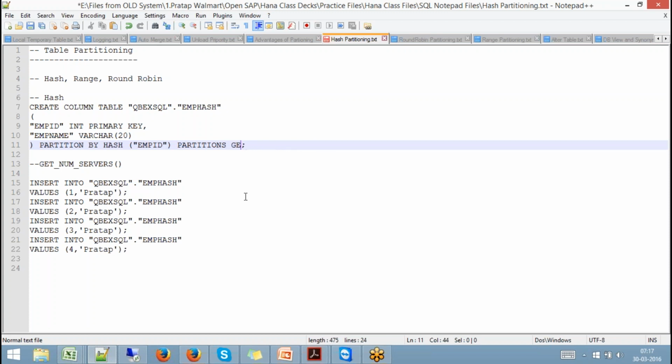But if I use this now, my server is a single host installation, right? So it will have only one index. But I still want to see 4 partitions. Generally, hash is used to split the table content across multiple nodes in case of a distributed installation of